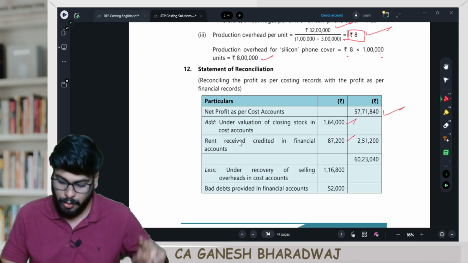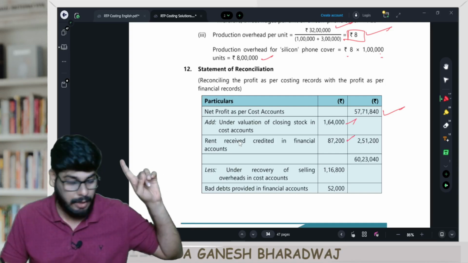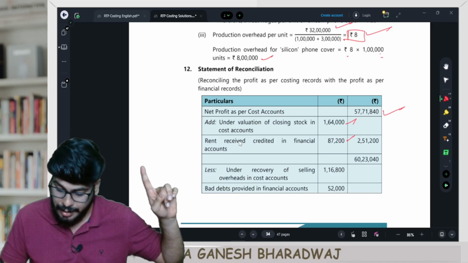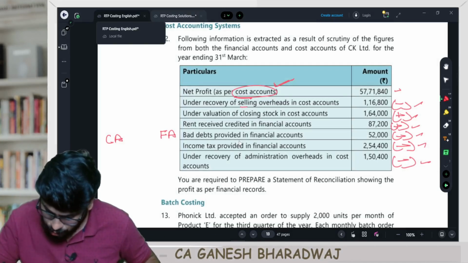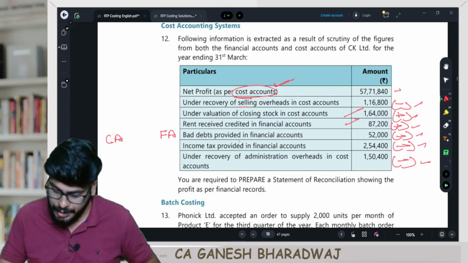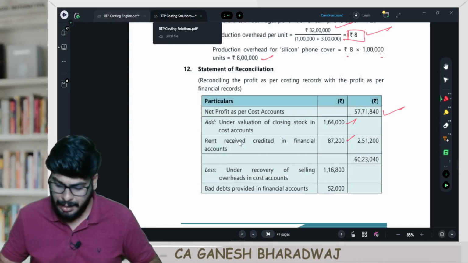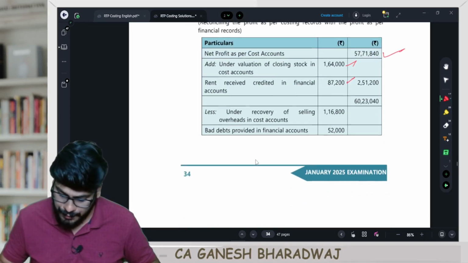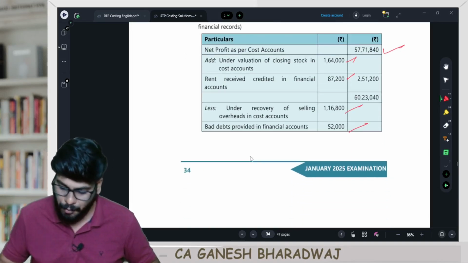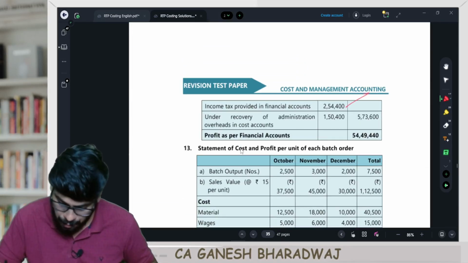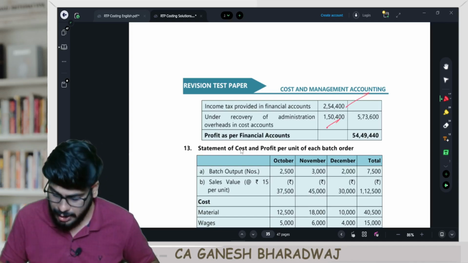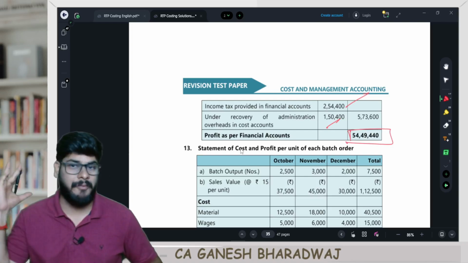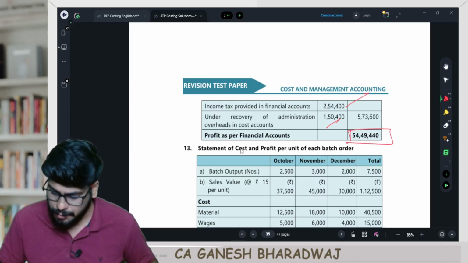Two additions alone: undervaluation of closing stock that I told you, and then your rent received credited in your financial accounts. So these two items are the only additions. The remaining are all deletions: under recovery of selling overheads, bad debts provision in financial accounts, income tax provision in financial accounts, under recovery of admin overheads and all. So you subtract all these figures, you arrive at your profit as per financial accounts, which comes out to